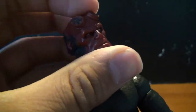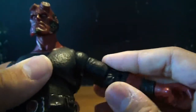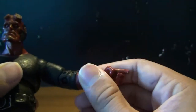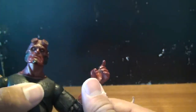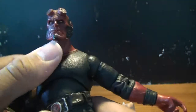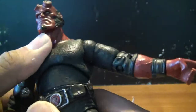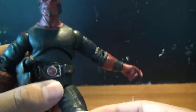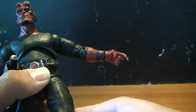He has a ball jointed head. He has a ball joint in his shoulder. You can rotate him all around, bend him in and out, all kinds of stuff. Rotate at the bicep. You can bend the elbow for a good range. Rotate the hand. Ball jointed torso, which is very cool. Rotate at the waist. He's got some very awesome ball jointed legs, which I prefer so much more than those